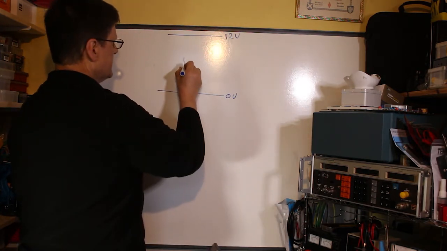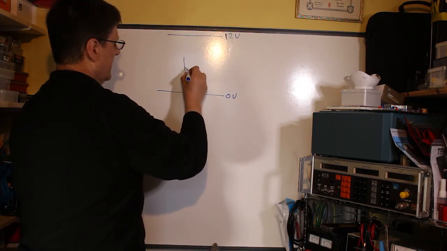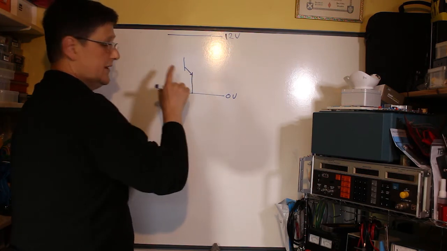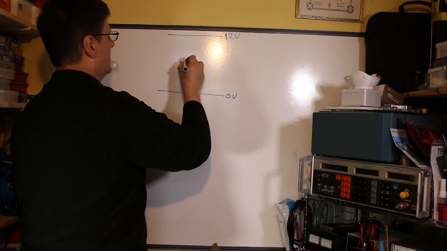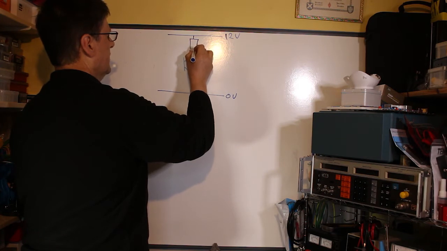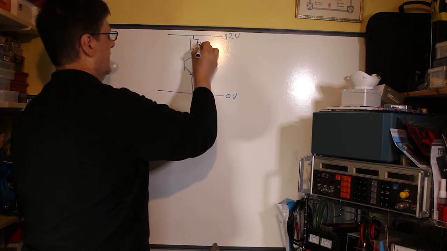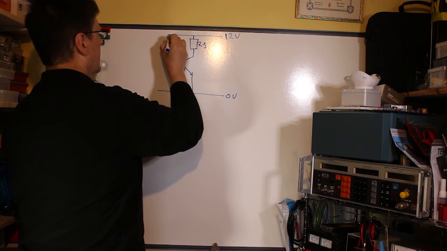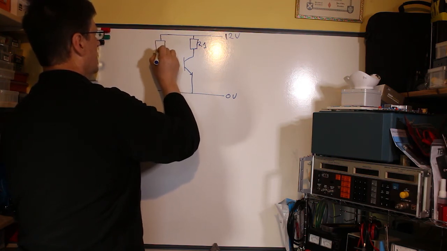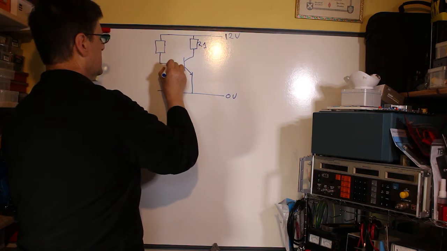We have a transistor, and you should be able to tell me why that's an NPN transistor. We have our load resistor R1, which we don't know the value of. We have another resistor which we don't need to know the value of, and it is connected to the base